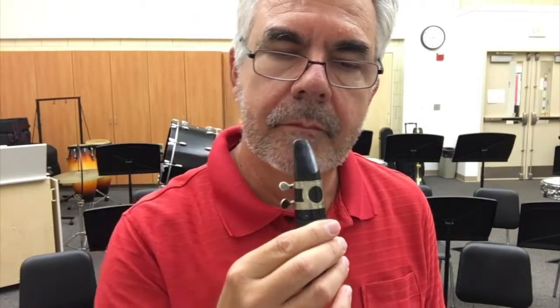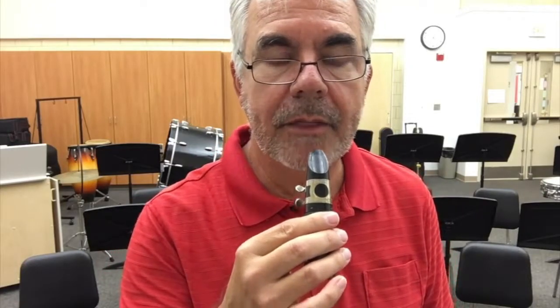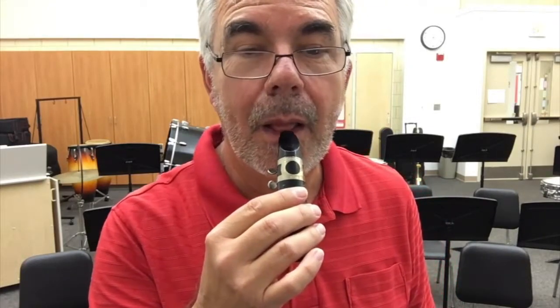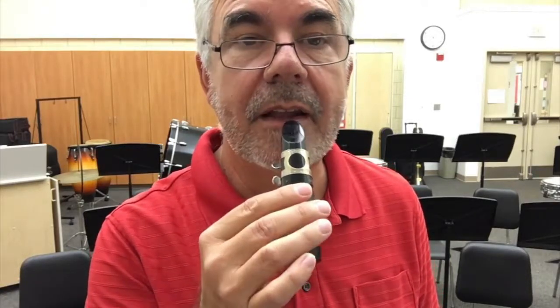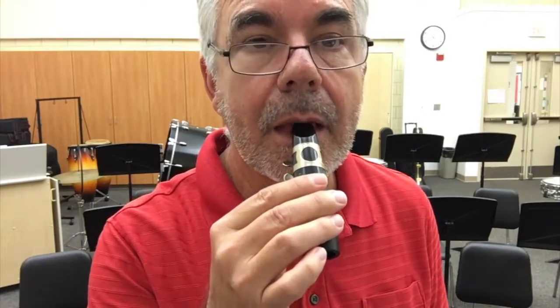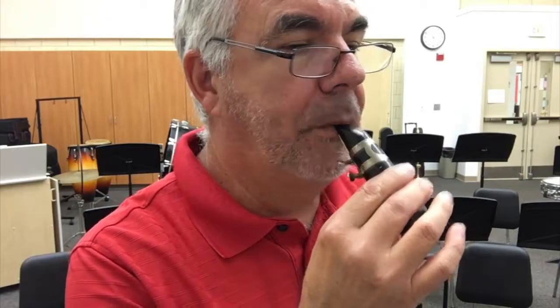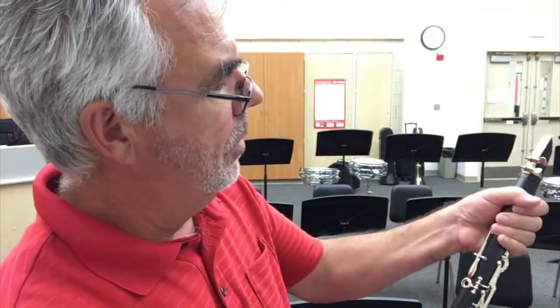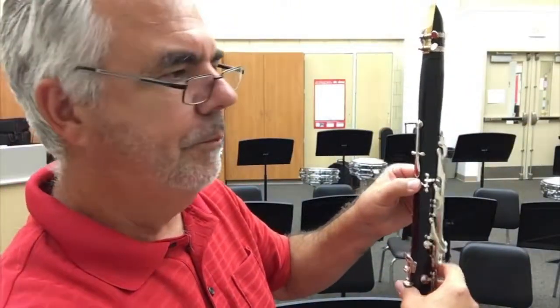And blow. If you squeak, you have too much mouthpiece in your mouth. If you can't get any sound at all, you don't have enough mouthpiece in your mouth. You have to find that sweet spot. It'll be like riding a bike after a while. I'm going to put the mouthpiece and barrel on my assembled clarinet. I'm going to make sure that the reed lines up with where my thumbs go,